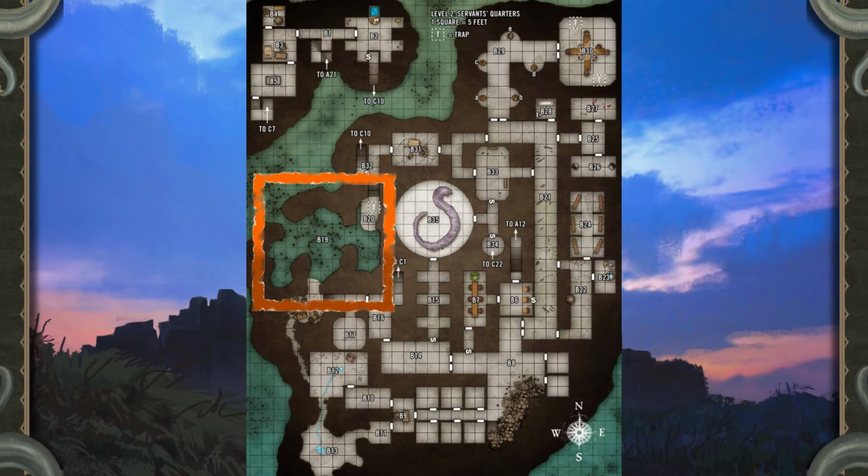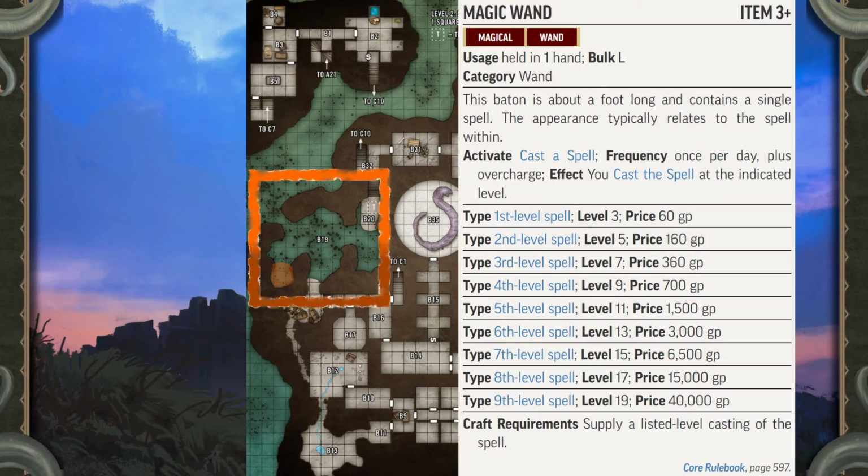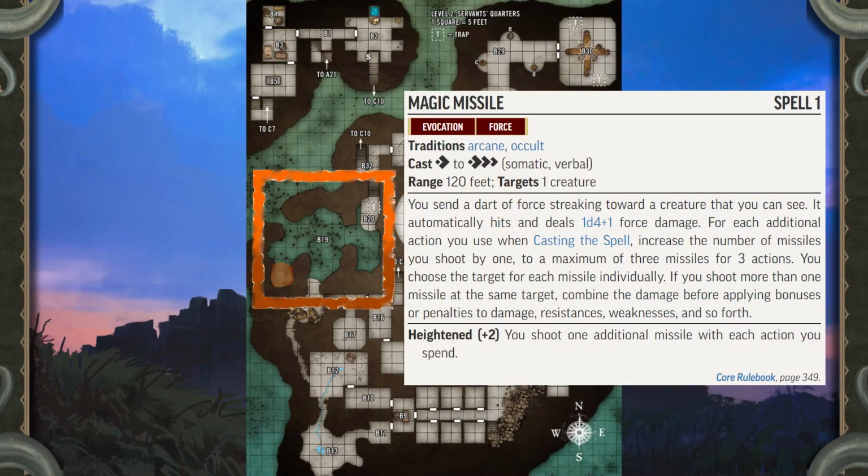Treasure. The river drake stashes what treasure she has gathered in a sea chest amid a tangle of roots in the southwestern cul-de-sac. A successful DC 16 Perception check, while searching, finds the chest amid the roots. The drake's treasure consists of 36 gold pieces, a retribution axe, a wand of magic missile (first level), and a